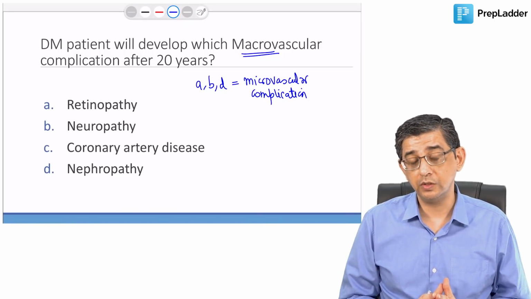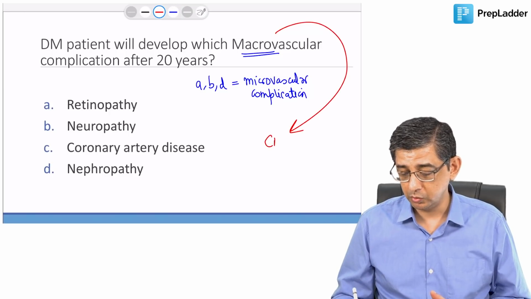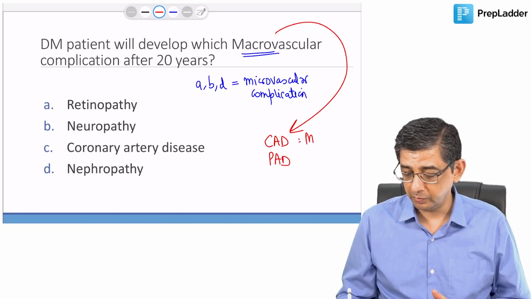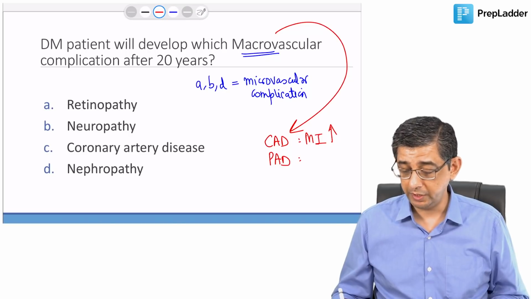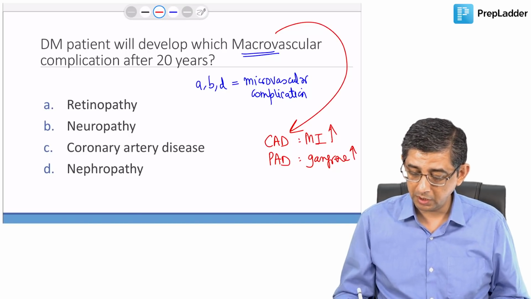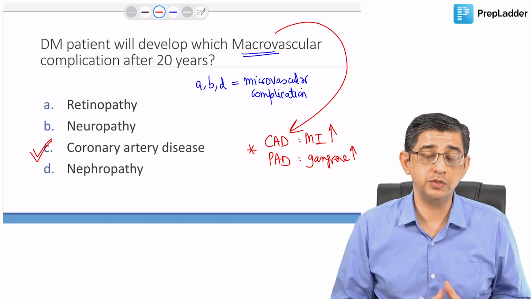They are all microvascular. What are the macrovascular complications in diabetes mellitus? There are two, CAD and PAD. Coronary artery disease will increase the incidence of myocardial infarction, and peripheral arterial disease in a diabetic patient will increase the risk of gangrene. Macrovascular complications are coronary artery disease and peripheral arterial disease, making the diagnosis of this MCQ